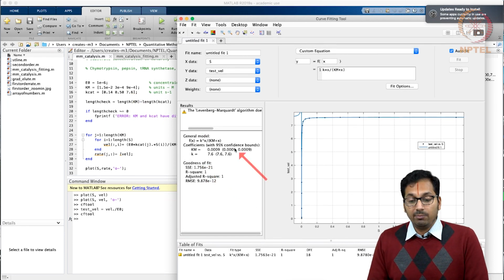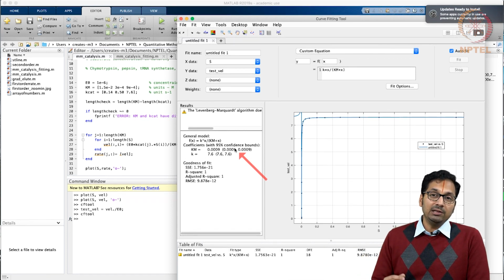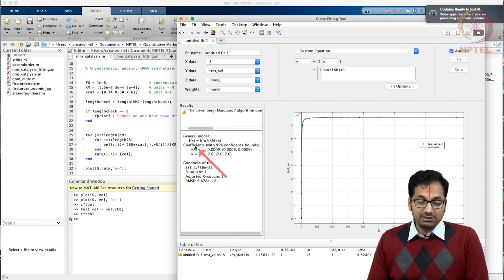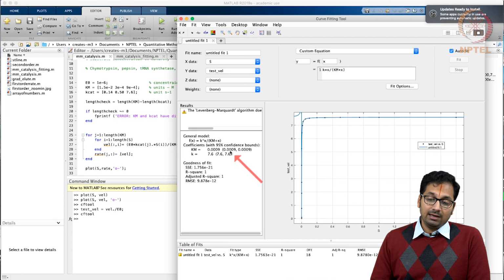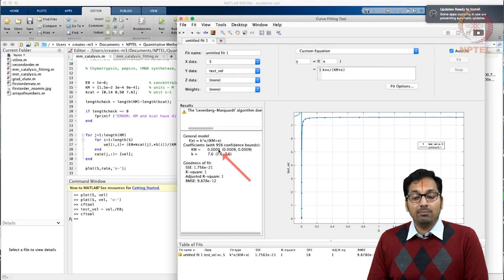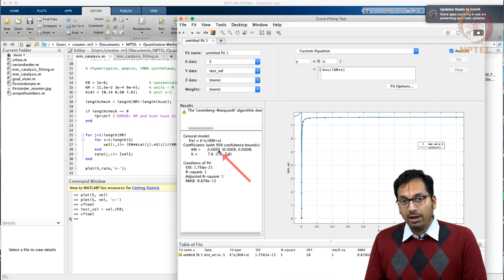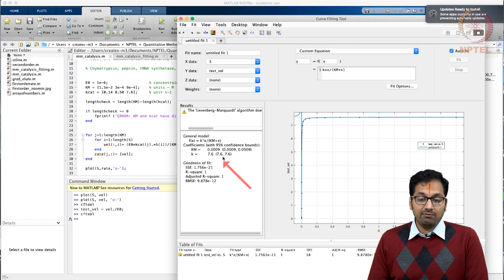And as you might remember from the previous lectures, you would like to know not just the average value but also the standard deviations that go with these measurements, and you are able to see that the coefficients are predicted with 95% confidence bounds as shown in the numbers in these brackets. It is not surprising that these numbers are exactly that of the average, because we have simulated this curve with no error that goes with any of these measurements. The same is the case for Kcat, where Kcat is reliably determined.